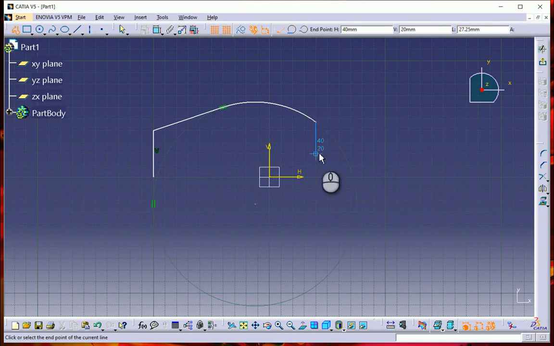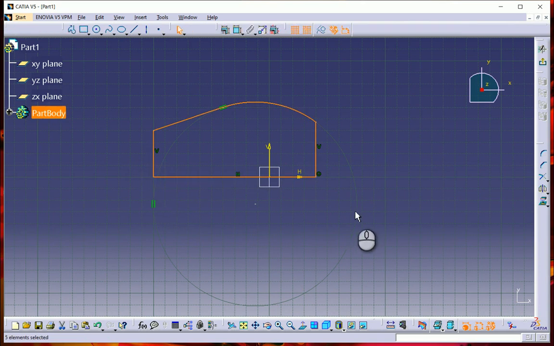Again I can make a line. So that is how we can basically make a kind of sketch that I've created right now, right? This is just for illustration purposes. So this entire area in which I am working is known as the workbench, and this particular one is the sketcher workbench. And in the sketcher workbench we have different toolbars.